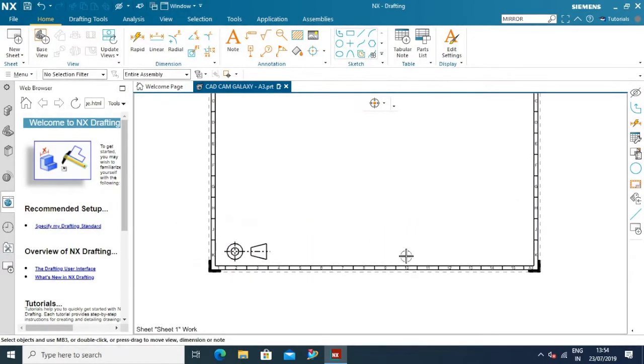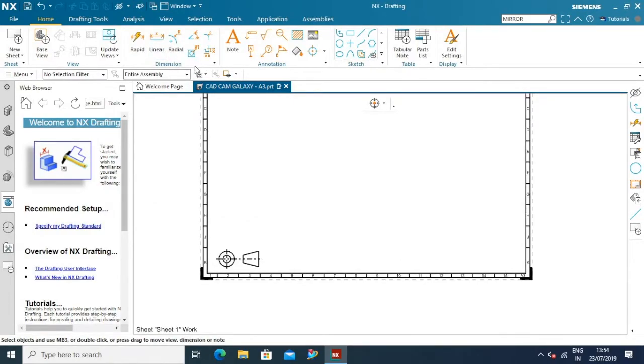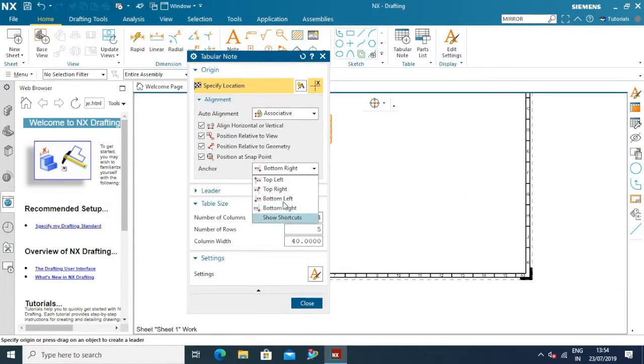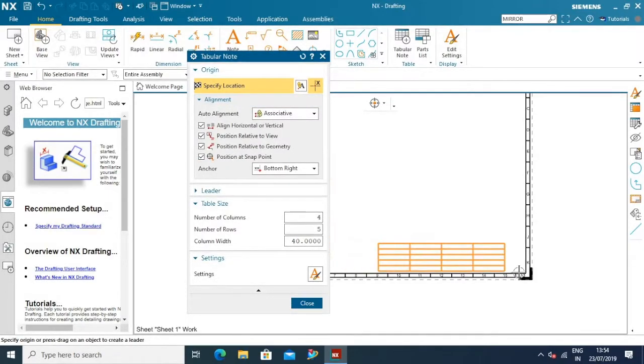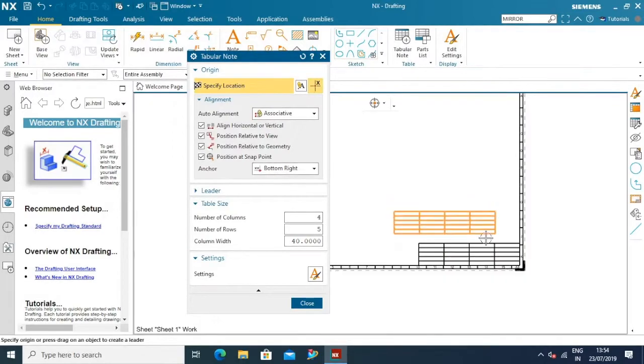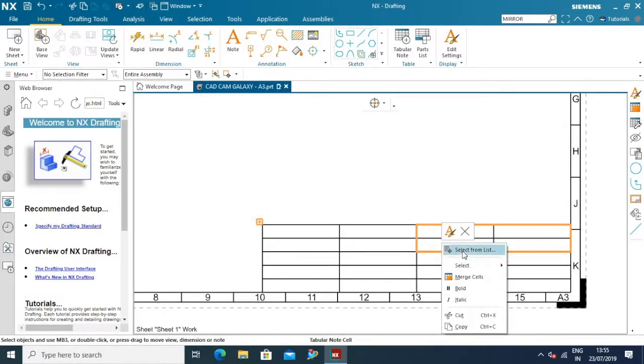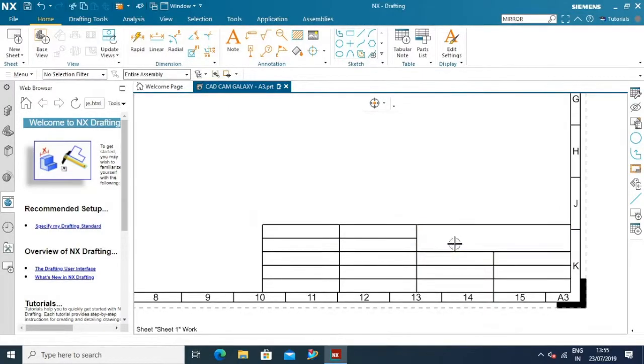Now what we can do next is add some tabular information. So I'm clicking on tabular notes, and I want to place, let's say I'm creating a title bar, so I have to go to the alignment tab and select bottom right in the placement, and here we can do some settings related to rows and columns, and I have placed it exactly in the bottom right corner. Now I can select a set of rows or cells, and then right click on the cell and say merge, which will help you merge the cells. Then if you double click on the cell, you can make some modifications.